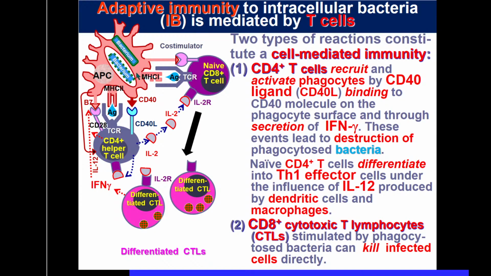This cell presents microbial antigens to CD4 helper cells and CD8 cells. MHC2 protein presents microbial antigen to the T cell receptor of a naive CD4 helper cell, or TH0, naive cell. If this CD4 cell additionally gets an activating stimulus through the co-receptors, shown here,